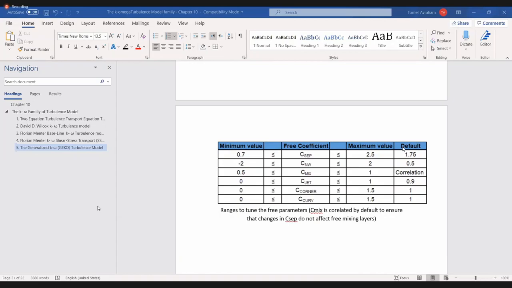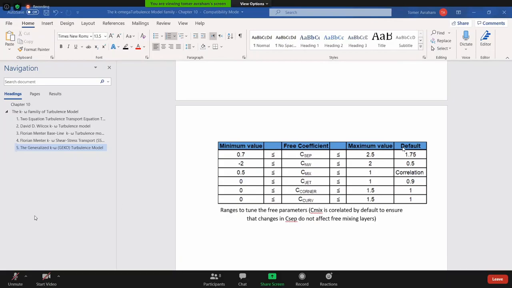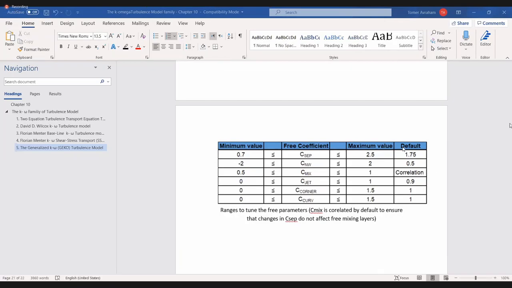What Menter did was, again, ingenious. I mean, to combine, to get this cross diffusion term to cancel the sensitivity of omega outside. But again, everything is based on the Jones-Launder model from 1972. We didn't have many changes since then with Reynolds-averaged Navier-Stokes. And what it means is that